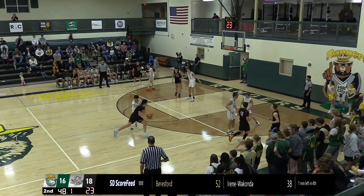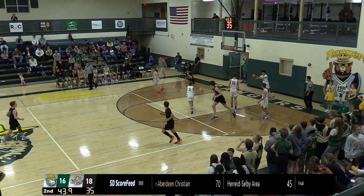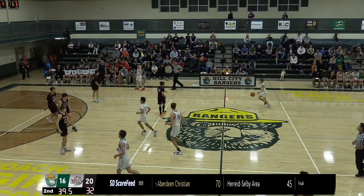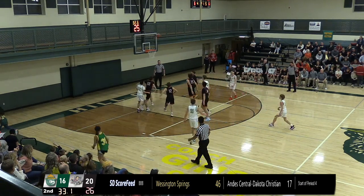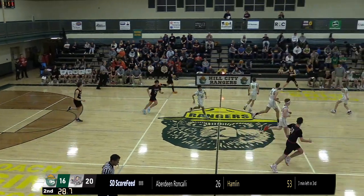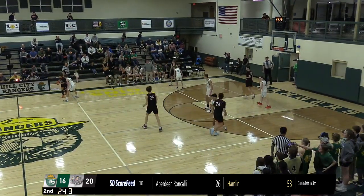And Escalante on Heiner now, so Heiner's going to take it right to the rim. Good dish there by Heiner, and Gleam scores that bucket, and Gleam's having a nice night. He's got 10 points, but really smart play by Heiner. Says he's got a guy that's quite a bit smaller on him. Zane Messick from the top of the key, going to take the 3, going to be just deep, and looks like Gleam comes down with the rebound for the Scoopers. So the Scoopers can play for 1 if they want to, and that looks exactly like what they're going to do. Lead by 4